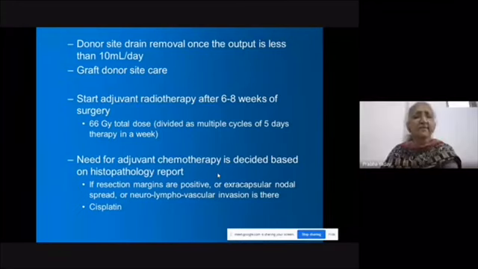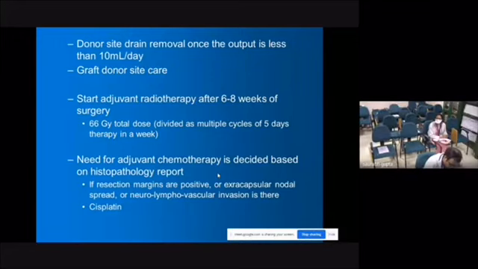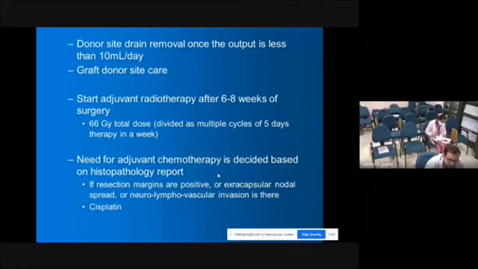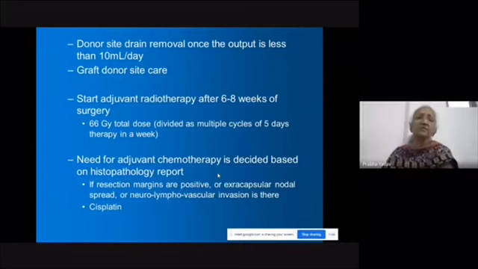Yes, ma'am. Is it all patients you give IV heparin continuous infusion? No, ma'am. This patient is a chronic smoker and diabetic. We don't give it in all patients. Okay, IV heparin only if we see any problem intraoperatively or the patient is at high risk.